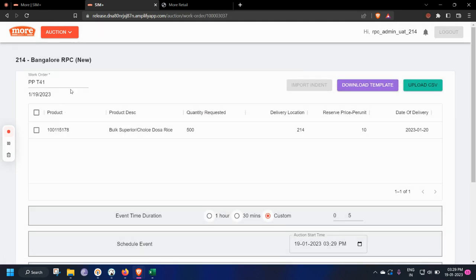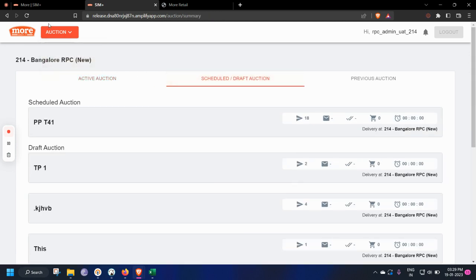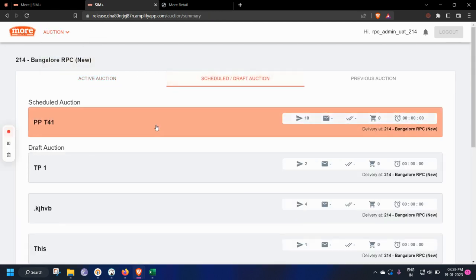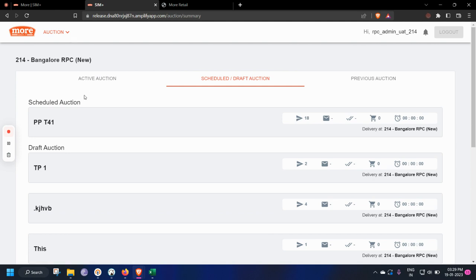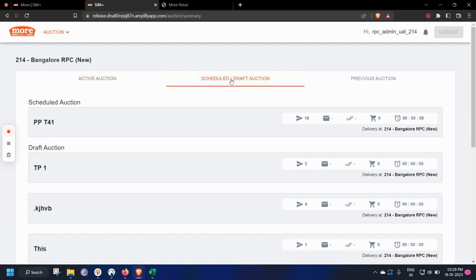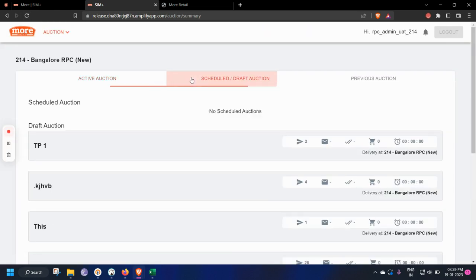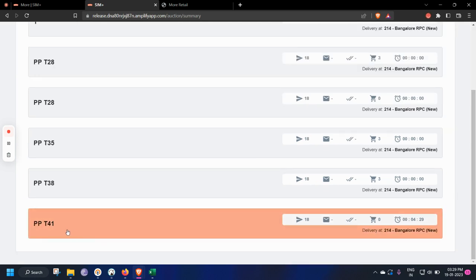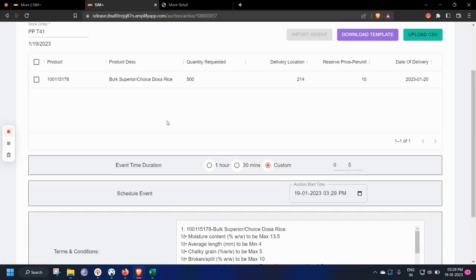So we can see in scheduled auction, the auction is visible, and if we click over here, then the auction details would be visible. As the auction is not currently live, we are not able to see the quote screen. If I go to auction summary, in some time this auction would be live, and it would move to active auctions. Okay. So as you can see, the auction has been removed from scheduled auction screen, and over here